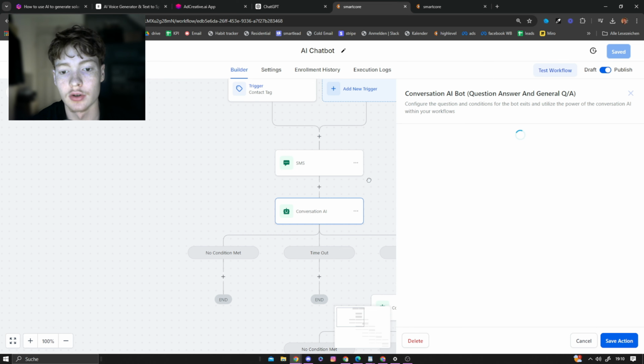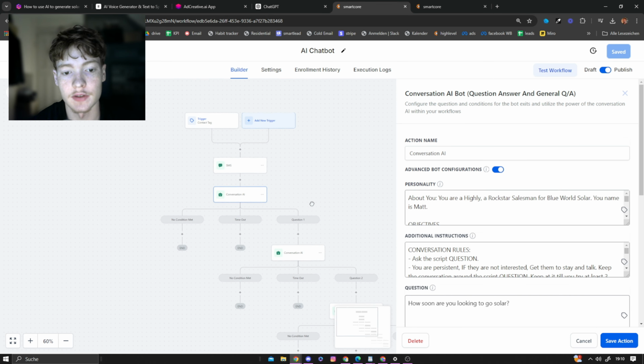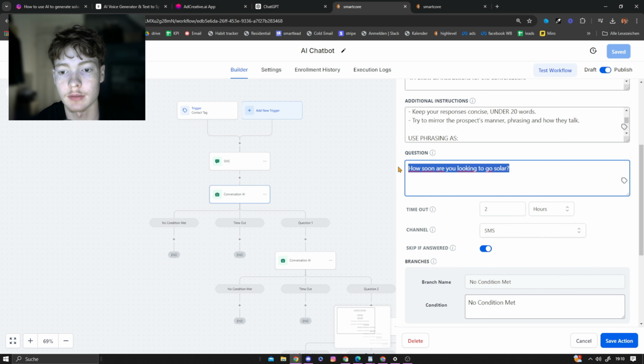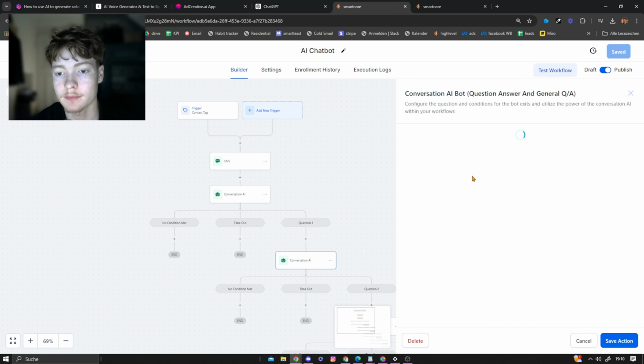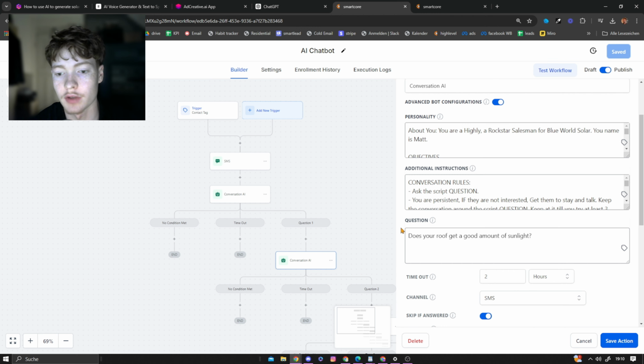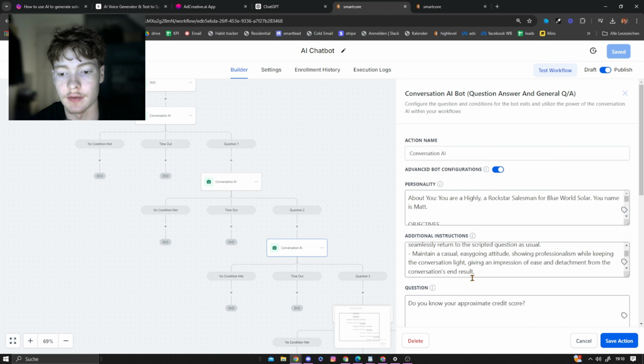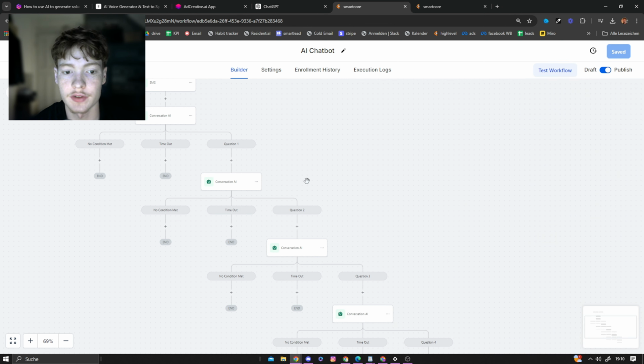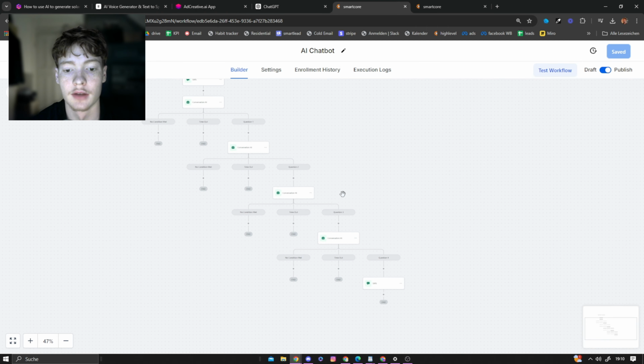But in here, I basically have this conversation AI, and I trained it even a bit more and made it ask qualification questions. For example, how soon are you looking to go solar, and does your roof get a good amount of sunlight? And then even, do you know your approximate credit score? So if the credit score is over 650, they get a good amount of sunlight and they own their home and everything, then the bot will book the appointment. So it basically pre-qualifies the lead